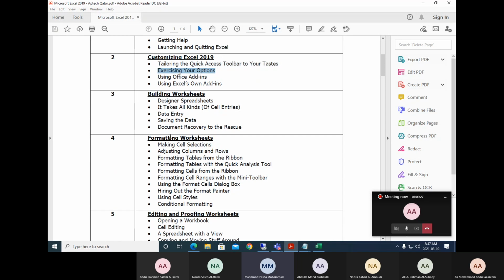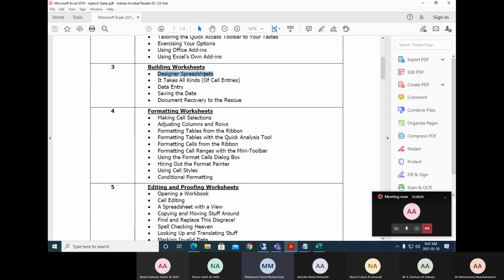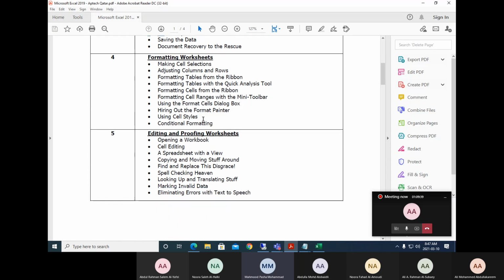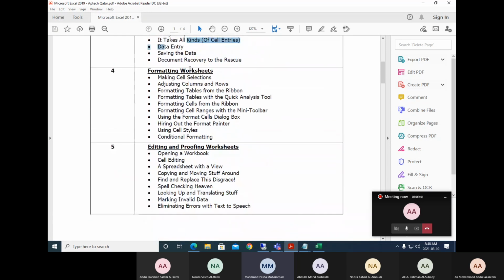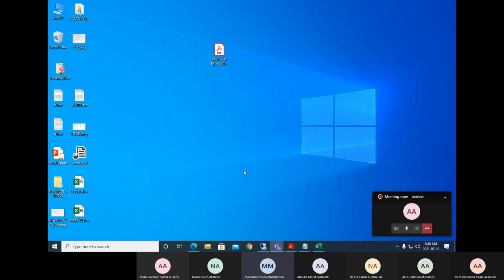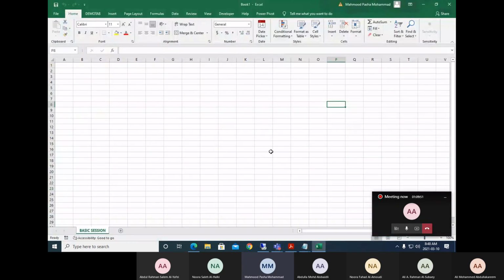Add-ins we will see slowly. Designing a spreadsheet, what kinds we have, what is cell entry, data entry, how to save the data, how document recovery works. All these things we are going to see one by one. Okay. Then we have tables, ribbons, the quick analysis tool, what is a ribbon, what is a mini toolbar. So like this, we'll see everything from your syllabus itself.